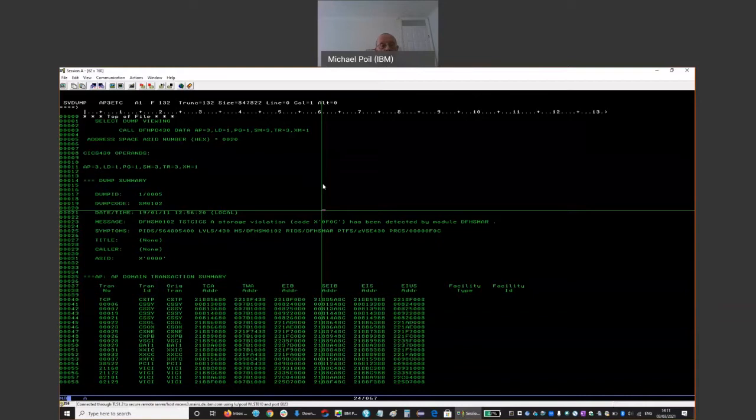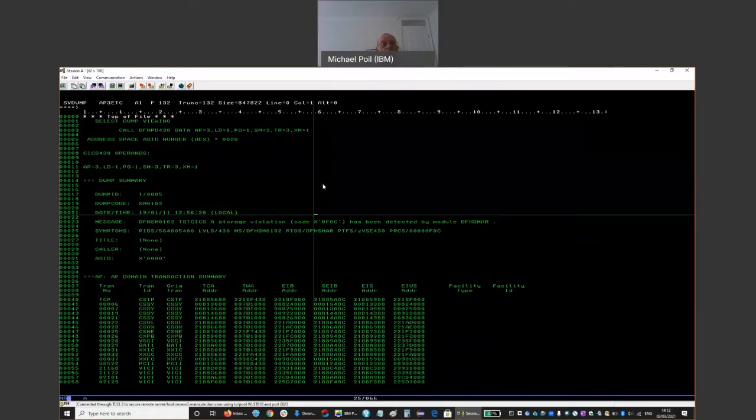If those storage areas are overlaid, they're changed from what is essentially a constant value. When the storage is free-mained, CICS notices, and that is where a storage violation comes from. So a storage violation is a detectable overlay, such that if the program code modifies the beginning or trailing checkzone, CICS will react with a storage violation Abend,